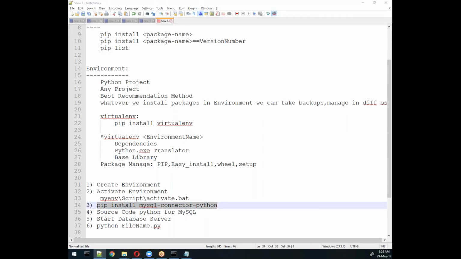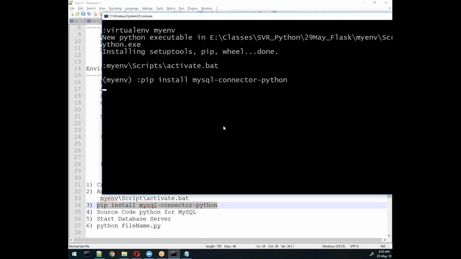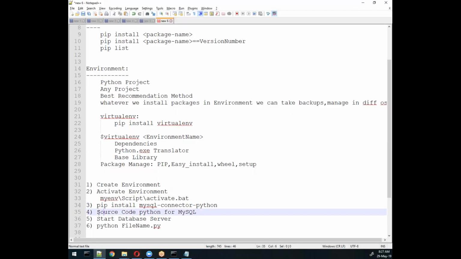I want to install this package, so I'll write this line and execute it. You can also check before this: write pip list, and it will give you the list of already installed packages. Meanwhile it is executing, we'll try to write a program source code which will work in this area.